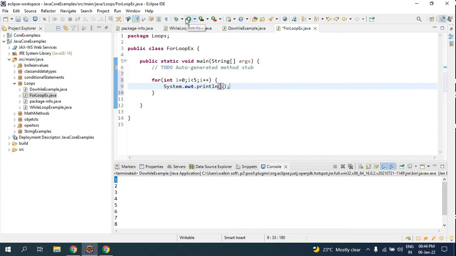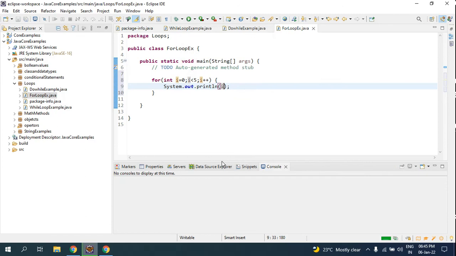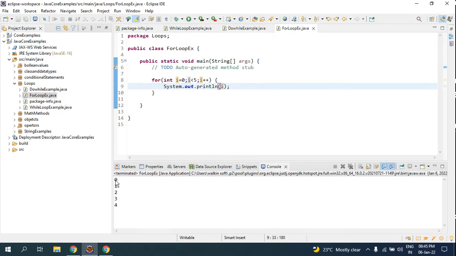Now if I run it on my application, look, you are able to see it pull out elements 0, 1, 2, 3, 4. So I have given less than 5. If I make this less than or equals to 5, I am able to fetch the fifth element, which is like the 6th here. Look, 5. So here the first thing is initialization. You are initializing the value. The second statement is where you are asking the condition where the loop has to be stopped, and every time the loop gets executed you are asking what to be done there.